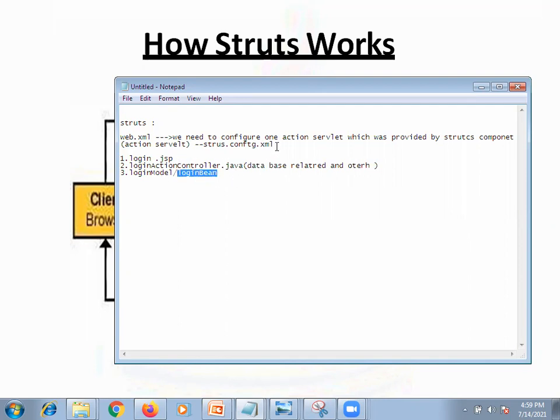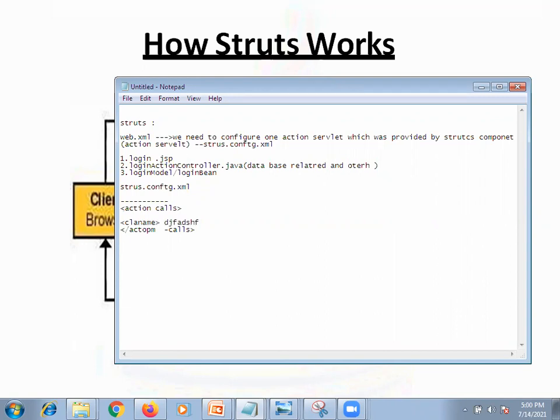Now, this XML configuration we require, right? The same way we configure web.xml for one servlet, you need to configure the struts configuration file. I will show you how it is configured. Here you need to define the action class. Inside the action-class tag, you need to define the action class name, a logical name.